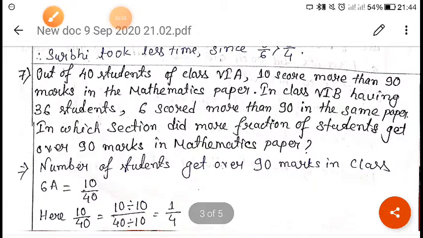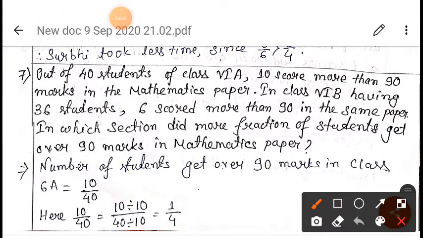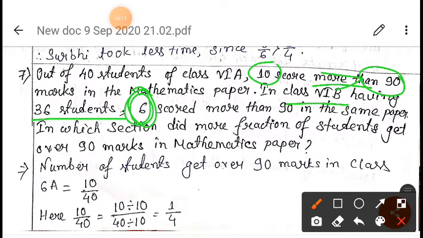Now next is, there are 40 students in class 6A, and from those 40 students, 10 of them have scored 90 marks in mathematics. Okay, and in 6B there are 36 students only, and from those 36 students, 6 students have scored 90 marks. Okay, then we have to compare this and find out in which section